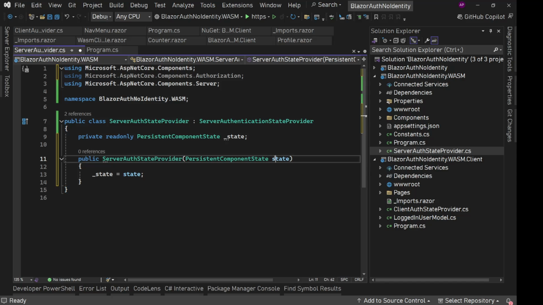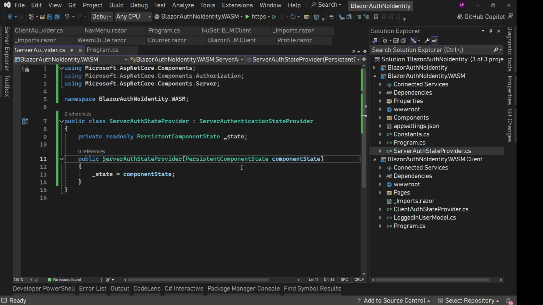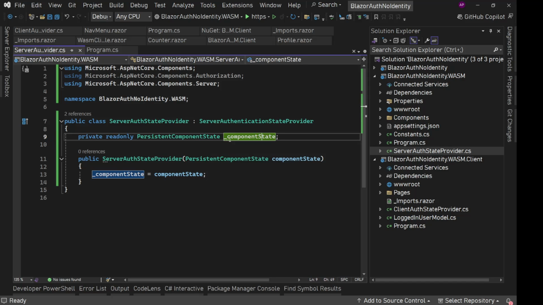Or maybe let's rename it to component state, something like this. Component state. All right, now on this